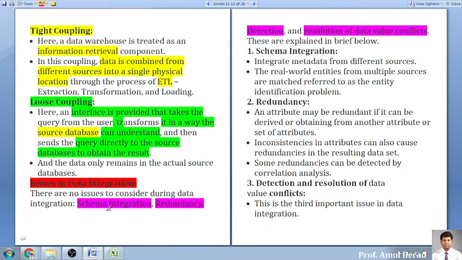So what is schema integration? As I said, if the data sources are different, the schema implemented for storing the data is always different. In the same way, if you are working with data warehouses, each data warehouse defines its own schema, whether to go for star schema, galaxy schema or snowflake schema. These decide which schema is used there. So there is always an issue regarding schema integration. So integrated metadata from different sources, the real world entities from multiple sources are